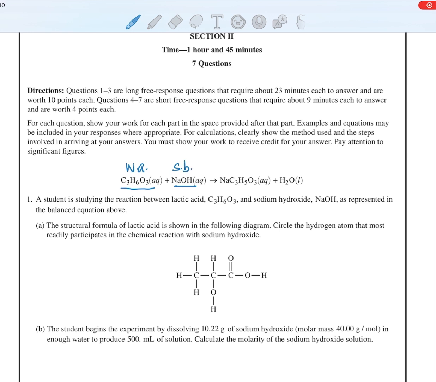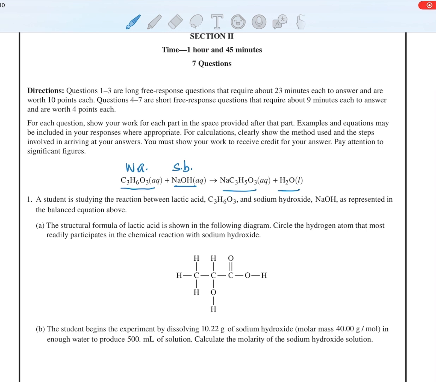Now, you guys remember that all metal hydroxides are considered strong bases, and in terms of weak acids and strong acids, there is a list of strong acids you can memorize, but lactic acid is a weak acid. I can tell this because it has a very low Ka value, or equilibrium constant value, which means it favors mostly the reactant. Now, when I mix these compounds together, I will get water, and